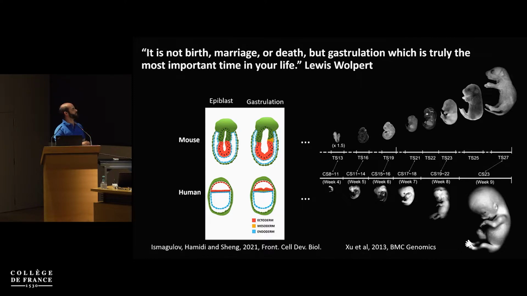Gastrulation is all about cell movement and the activation of the different transcriptional programs of the germ layers. This occurs in different ways in different species, but you have these cells that begin to migrate through the embryo, forming the different ectoderm, mesoderm, and endodermal germ layers.